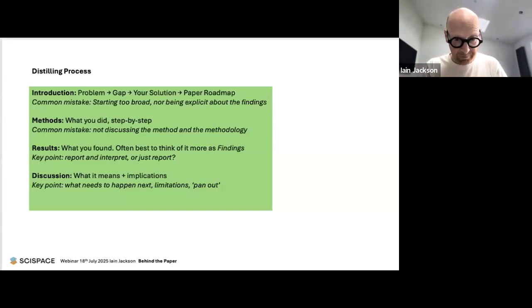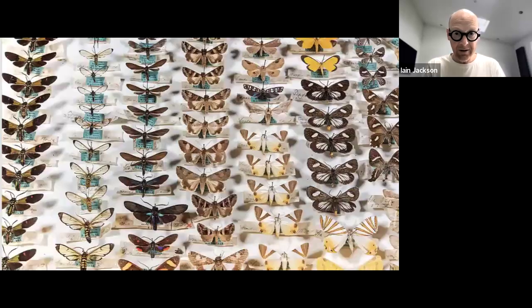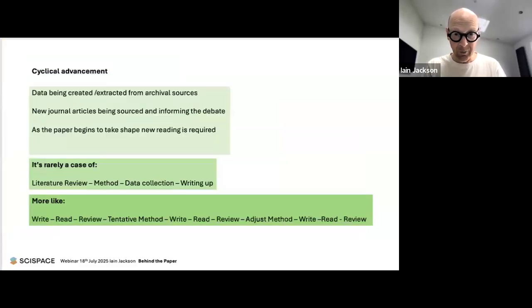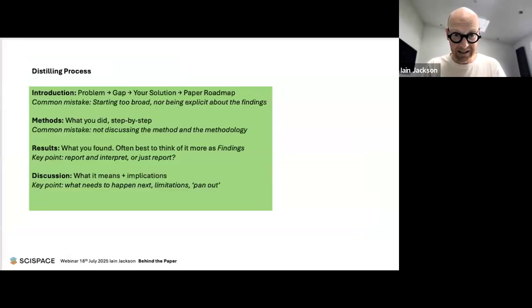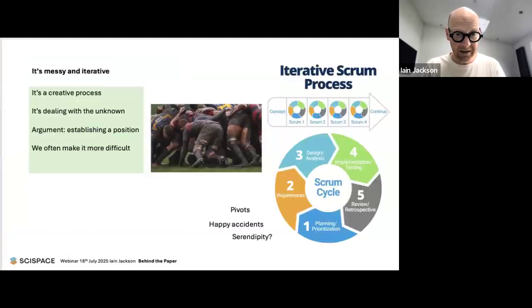So important. Also, if we don't pan out and talk about the arguments and what it means, then we're just remaining in the area of scholarship. We're just remaining in that butterfly collecting stage. It's easy just to gather sources, it's easy just to gather data and pin them to the board like this butterfly collection. We don't want to stop there. We need to get it to the completion point and to work out what it all means.